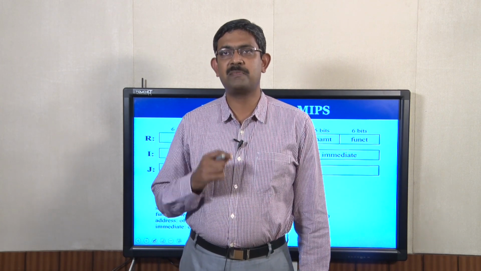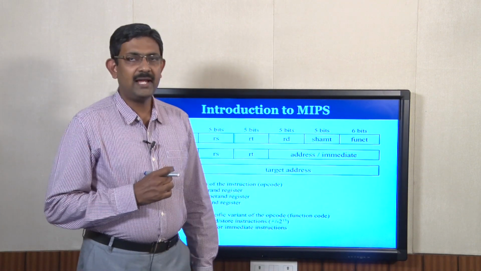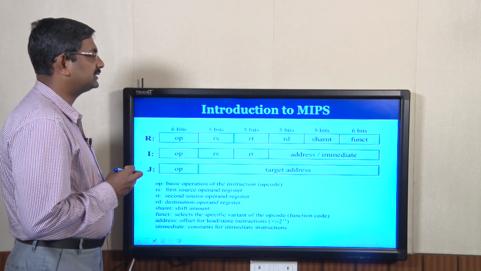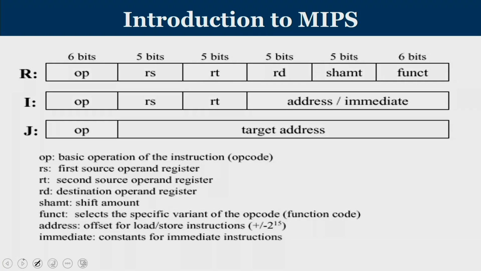Now, let us try to understand how instructions are represented in the MIPS microprocessor. Like what we have already mentioned, every instruction in MIPS is represented in 32 bits, and MIPS has basically 3 types of instruction: the R type instruction, I type and the J type instruction. R type instruction is also known as register type instruction, where the first 6 bits of the 32 bit instruction will represent the opcode, and then we have the source operand RS and RT, and RD is the destination operand, and then you have the function code and the shift amount.